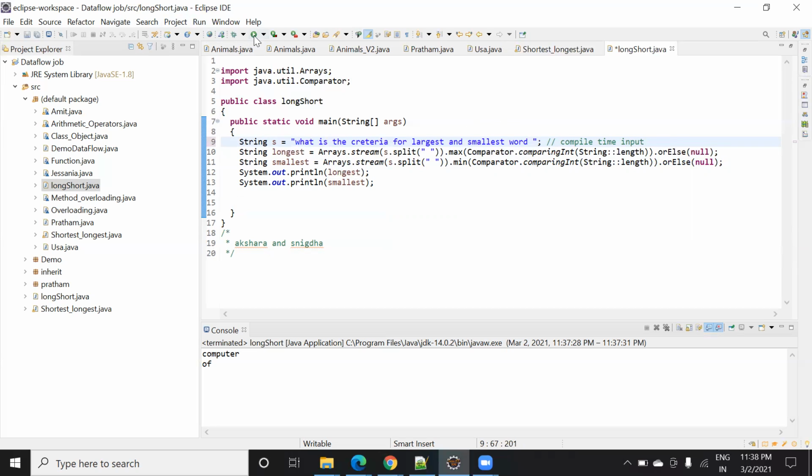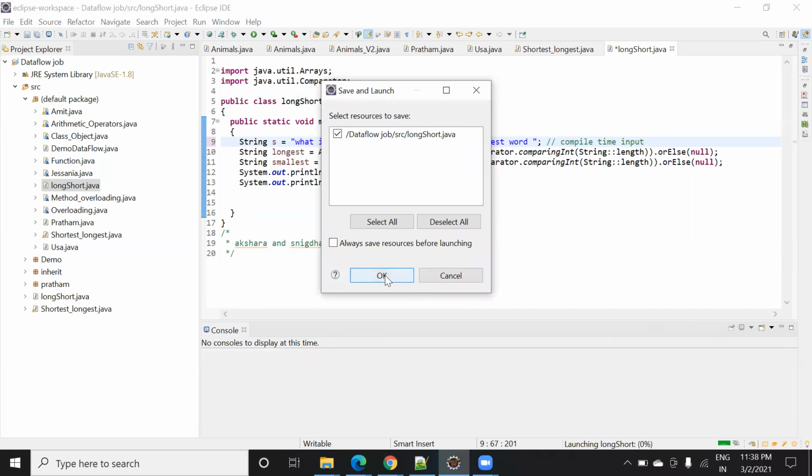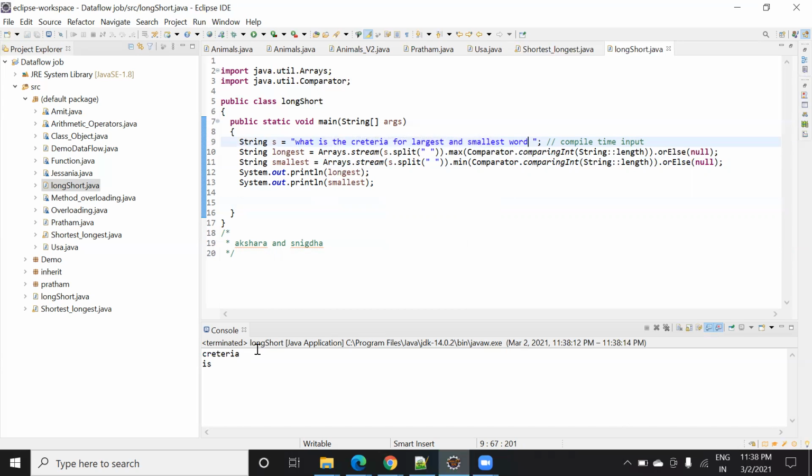And run it. See, the criteria is the largest one. It has 1, 2, 3, 4, 5, 6, 7, 8, around 8 is the length. So it is the largest one. And the smallest one is.